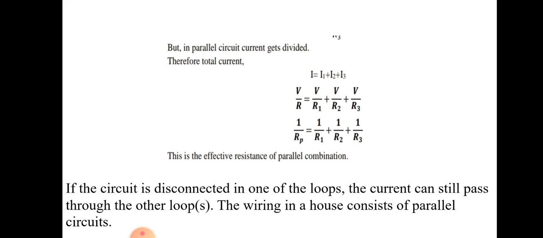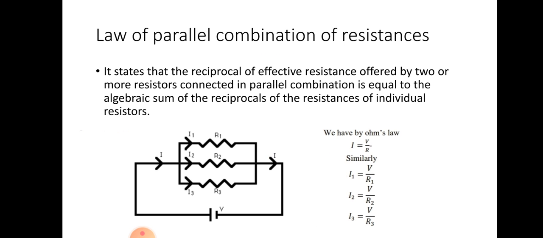As potential difference is common, that will get cancelled, and what is remaining is 1 upon Rp, which is the reciprocal of effective resistance in parallel combination, which is equal to 1 upon R1 plus 1 upon R2 plus 1 upon R3. तो अब आपको समझ में आया होगा कि the law states that the reciprocal of the effective